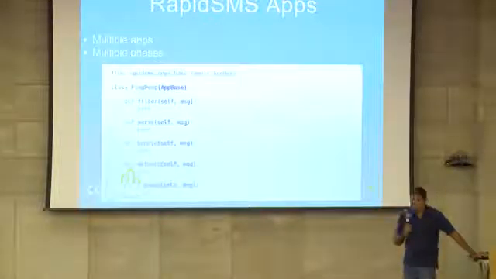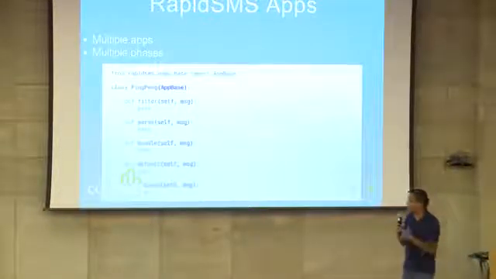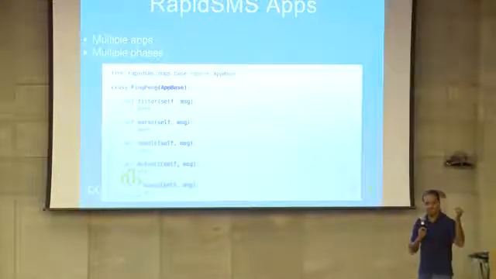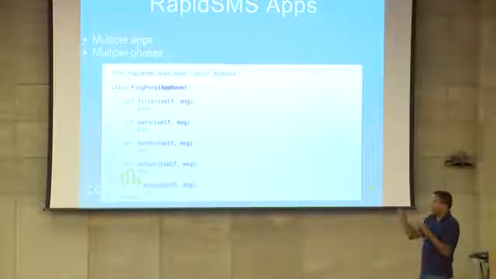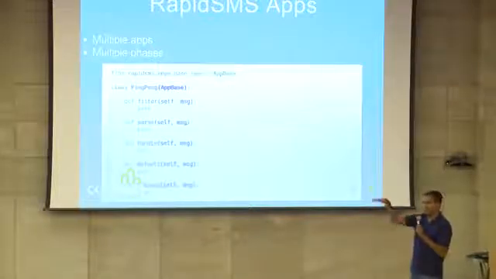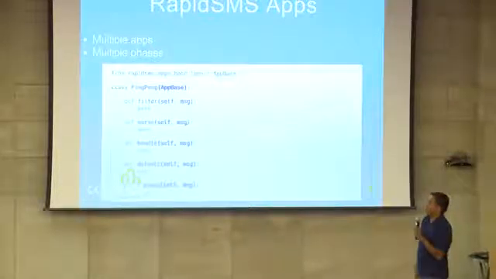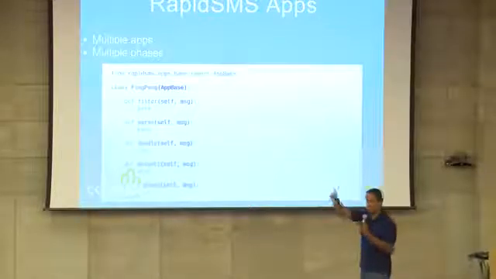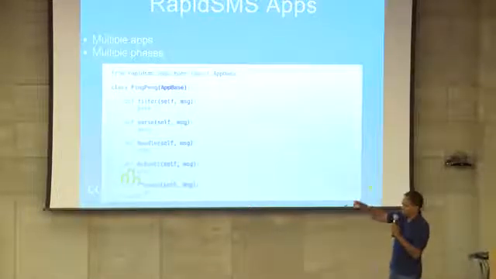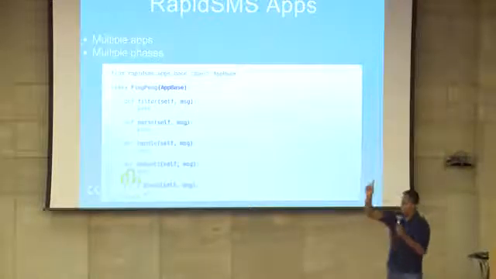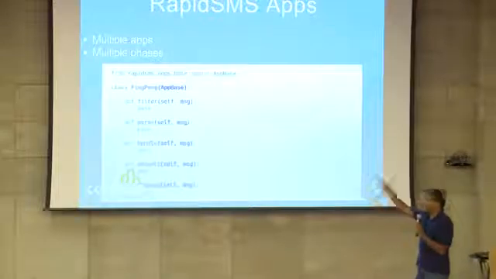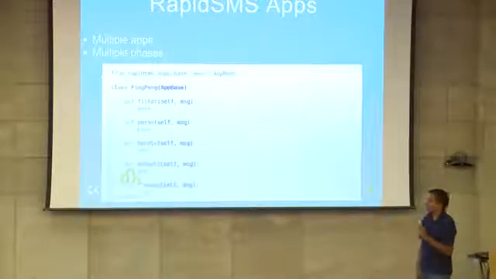There's a lot more complexity that's possible. This is all the stuff that's built into RapidSMS. You can have multiple applications. Like I showed you one application, all the applications in your Django installed apps would get searched. And then what RapidSMS does is it goes through the filter phase of app 1, the filter phase of app 2, the filter phase of app 3, the parse of app 1, parse of app 2, like that. And so there's a ton of complexity that you could build into the system.